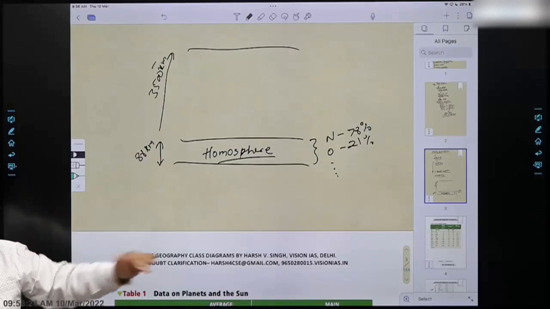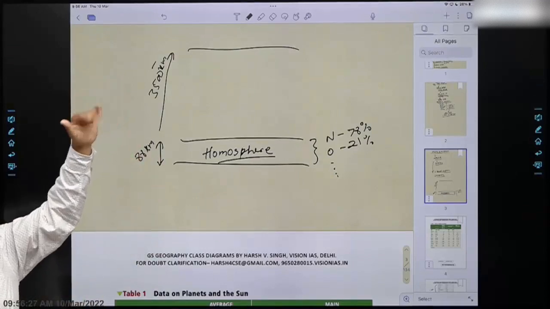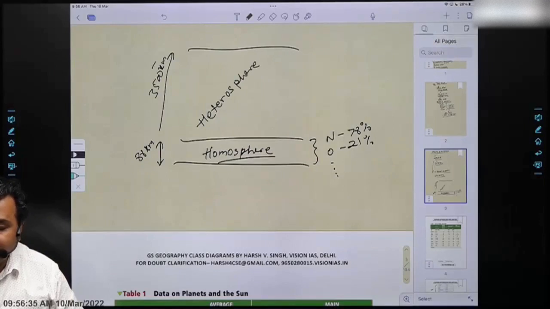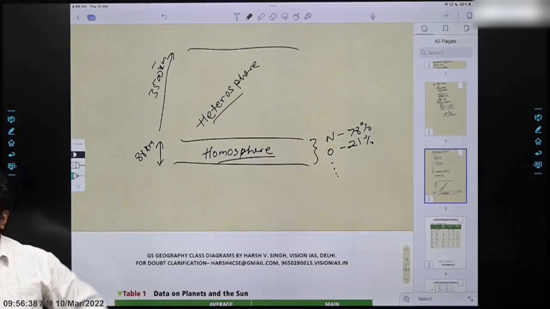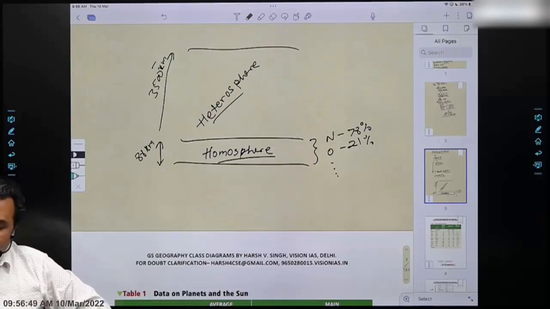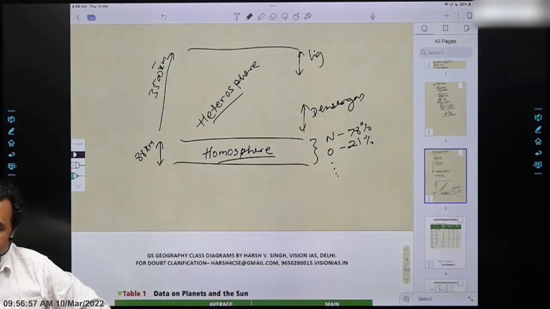But if you do the same exercise in the upper region, when you go beyond this 88, this region is called as heterosphere. Heterosphere. Hetero का मतलब क्या होता है? Something which is different. So this is a region where the chemical composition is different. ठीक है? So in the heterosphere, everywhere the chemical composition is different. How? The lower regions have denser gases, and the upper regions have lighter gases. Which are the lighter gases? एक दो example बोलो. Hydrogen, helium.